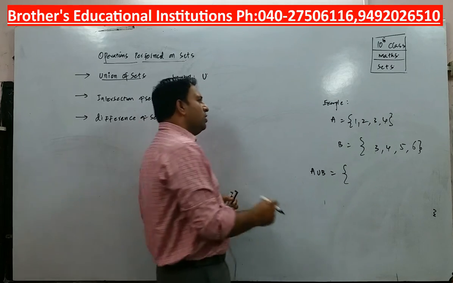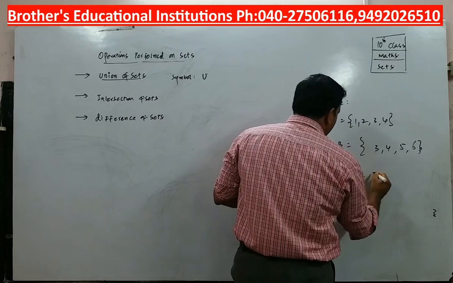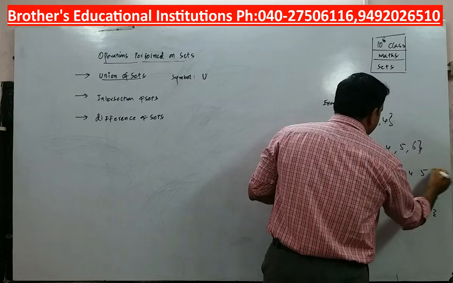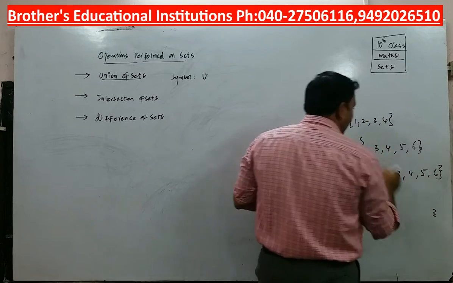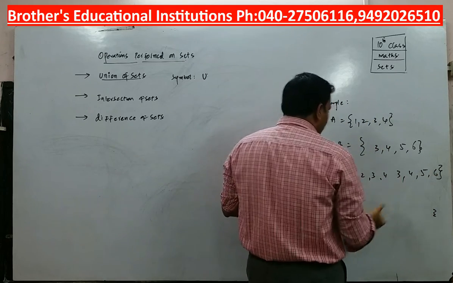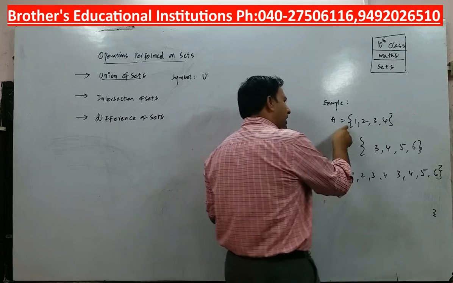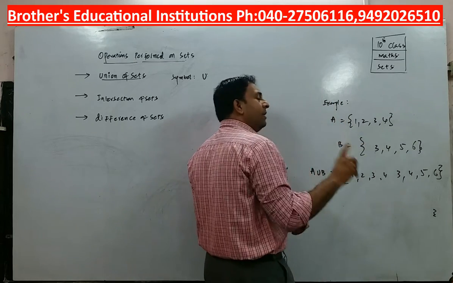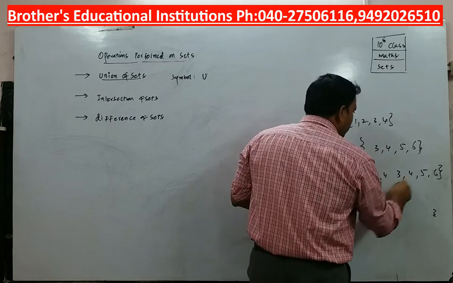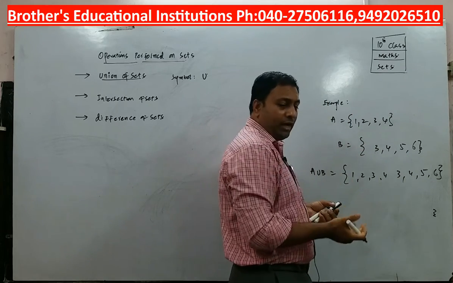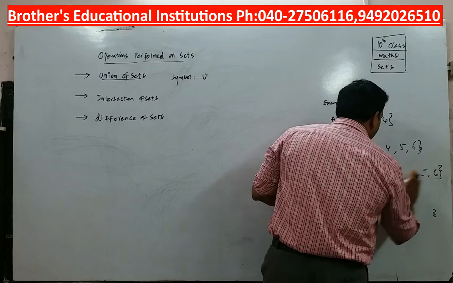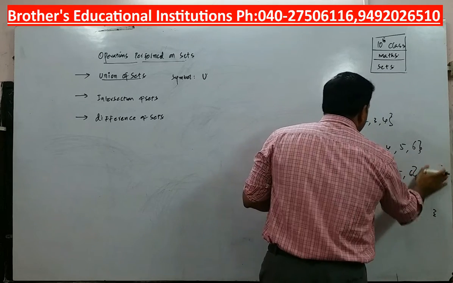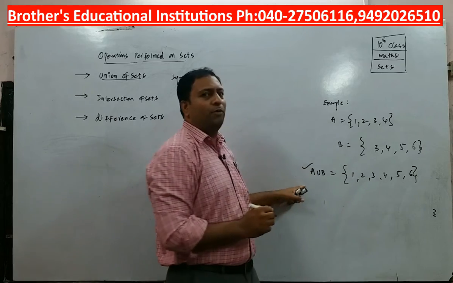That is very important. So A, I will write 1, 2, 3, 4. Again, what is B? 3, 4, 5, 6. Do you think this is correct? No, sir. Because what does the rule say? The set of elements which are present in A or in B. So these are the elements which are in A or in B. But the elements have to be written only once. 3, 4 is coming twice. So this is not correct. I have to remove this 3, 4 and simply write 5, 6. So this represents a set which is union of both A and B.